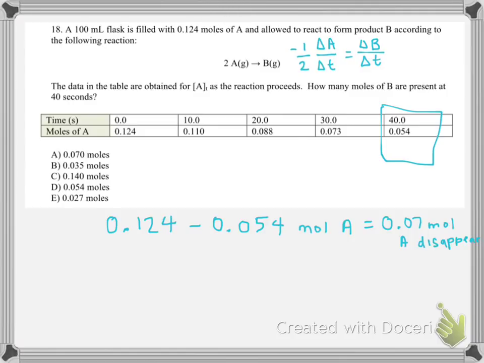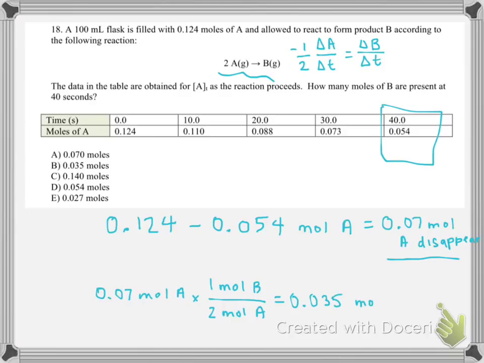And so this question is just simply asking how many moles of B will be there if this many moles of A disappear. So we can say the 0.07 moles of A that disappeared, and we know that we get 1 mole of B for every 2 moles of A as shown in the reaction above. And so to get moles of B, we just divide by 2, and we get 0.035